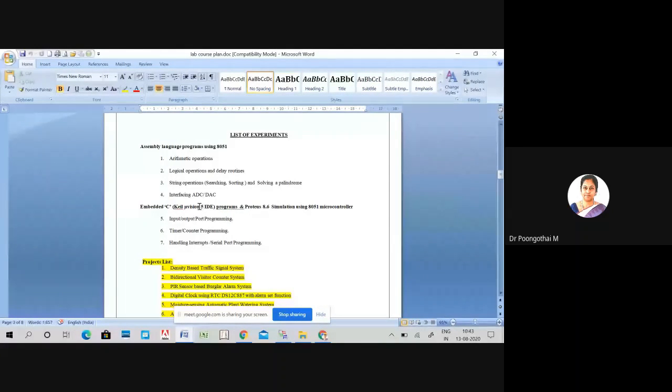In this experiment, we are going to do some simple arithmetic operations like addition, subtraction, multiplication, division, along with logical operations AND, OR, XOR and NOT. So first I will demonstrate all the arithmetic operations in your virtual simulator. After that, you have to complete the logic operations.